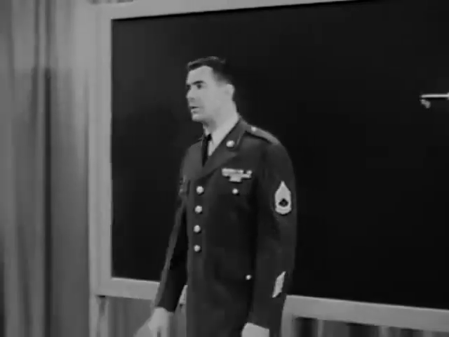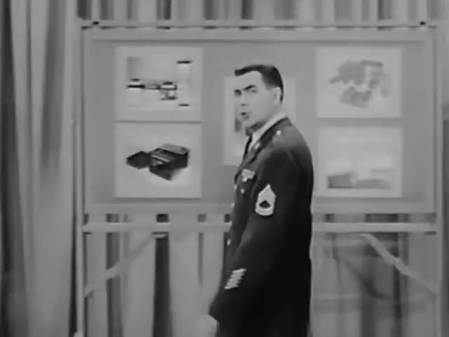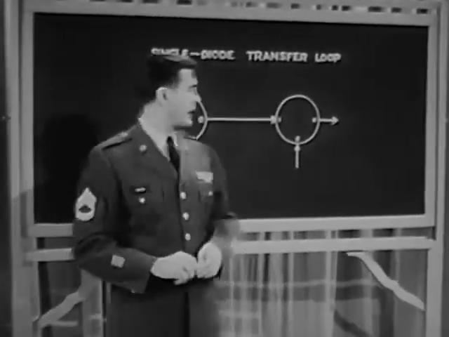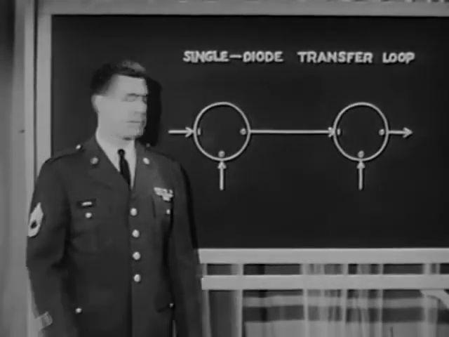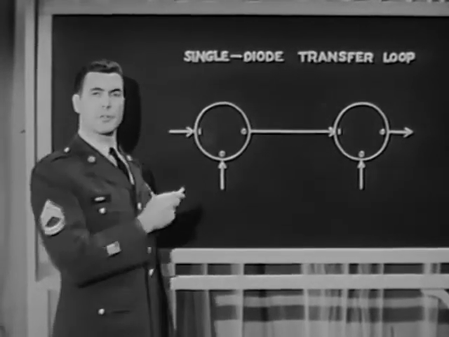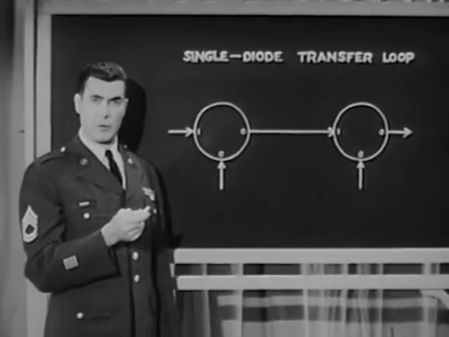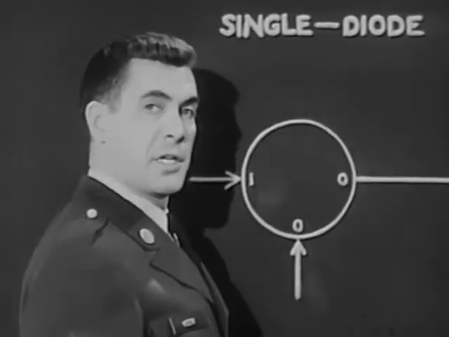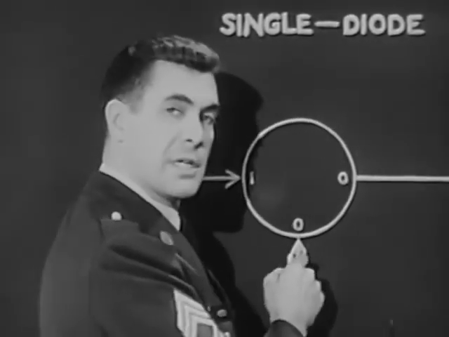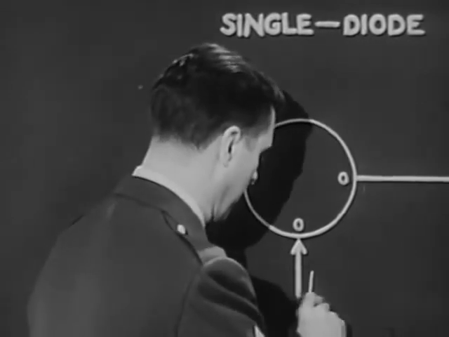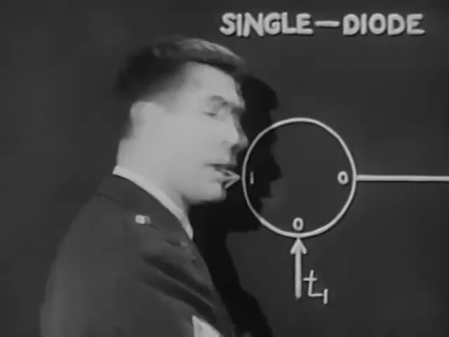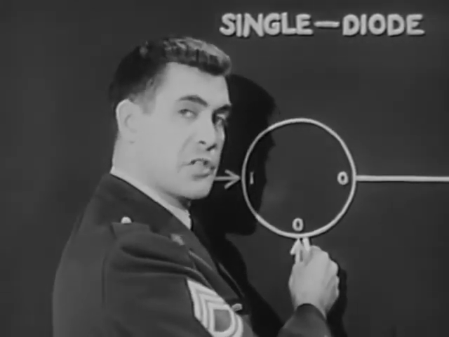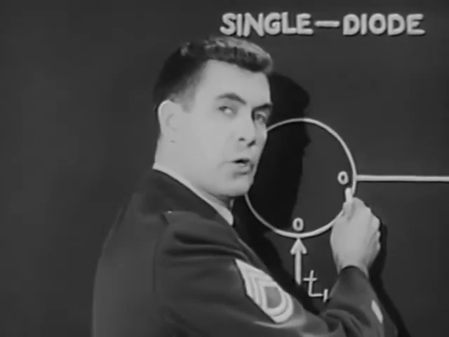Now let's take another look at the logical diagram of the single diode transfer loop. It gives us the whole story very quickly. An input pulse sets the first core to binary 1, unless it's there already. The core stays at 1 until a shift pulse comes in at time T1 and switches the core to 0. This switch induces an output pulse in the first core's output winding,